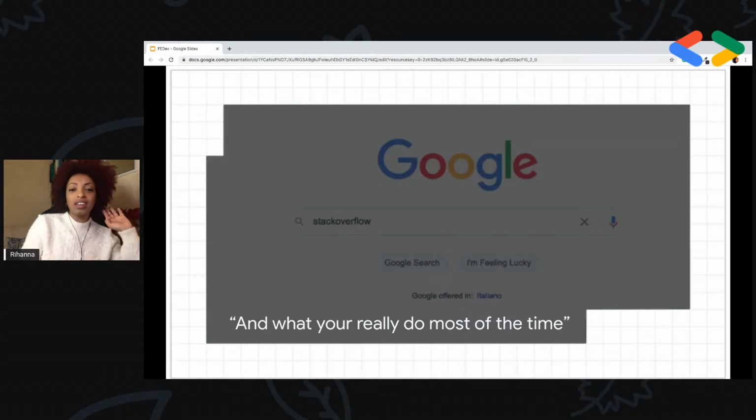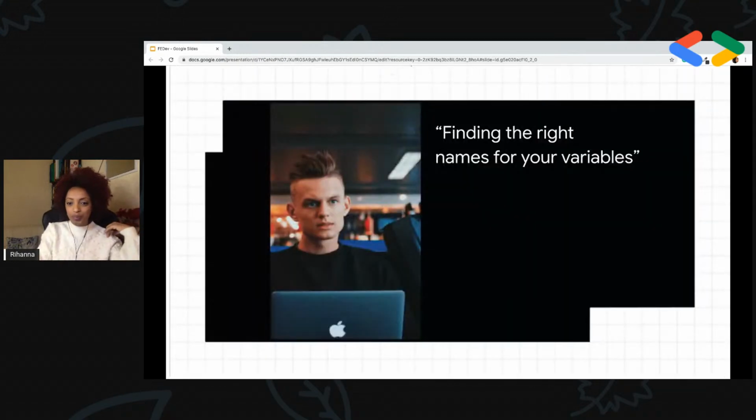And I think that is what you will be facing when you wish to be a front-end developer. And in those 30% of coding time, there is still going to be some time you lose finding the right names for your variables.